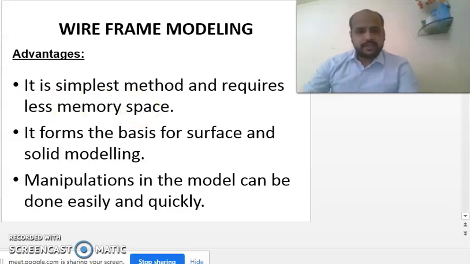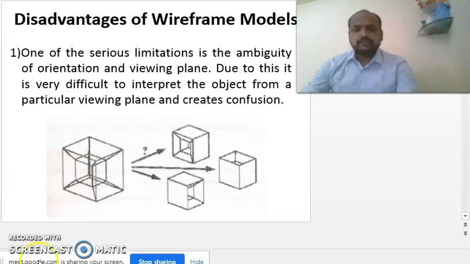Now let us see one diagram which represents the disadvantage of this wireframe model. So this is one of the serious limitations in wireframe modeling. You can see this diagram on the screen. One of the serious limitations is orientation and viewing plane. Due to this, it is very difficult to interpret the object from a particular viewing plane and it creates confusion.